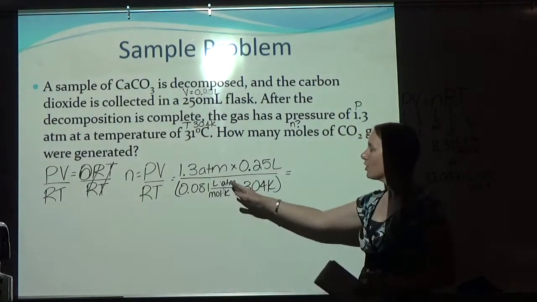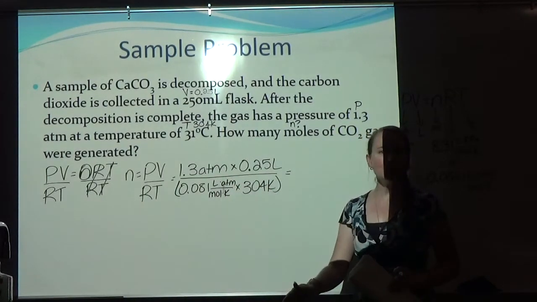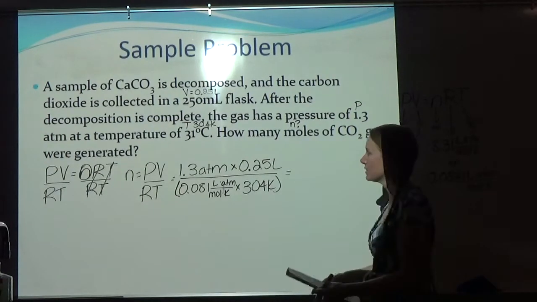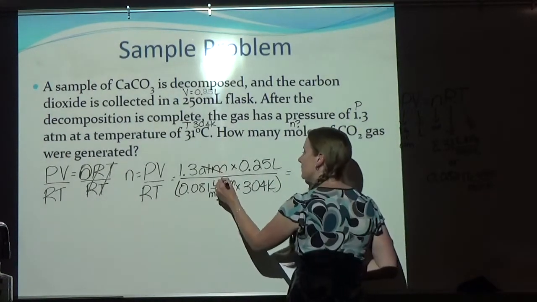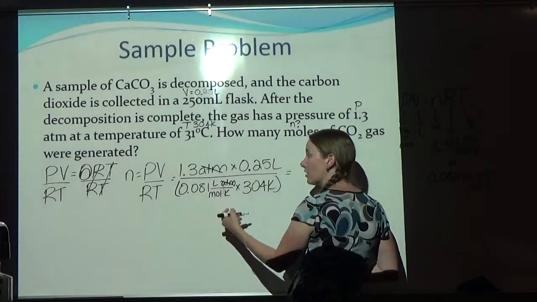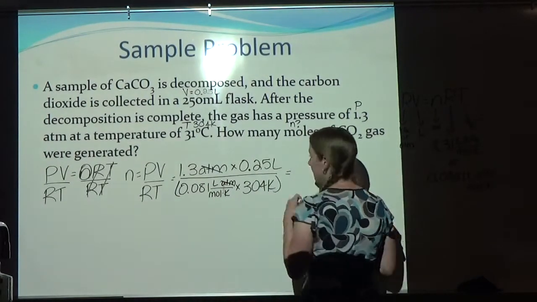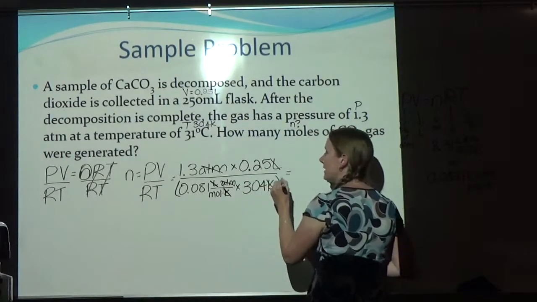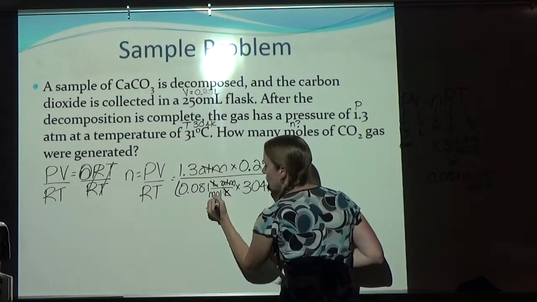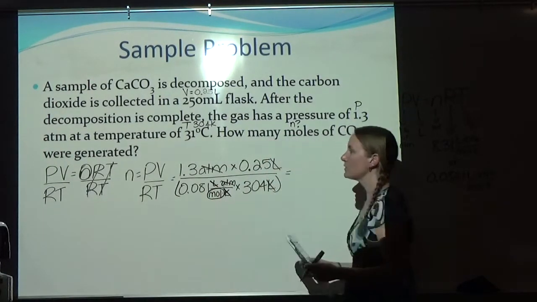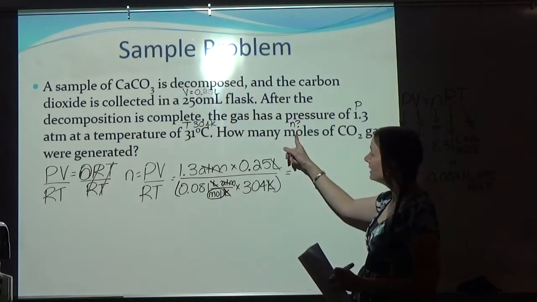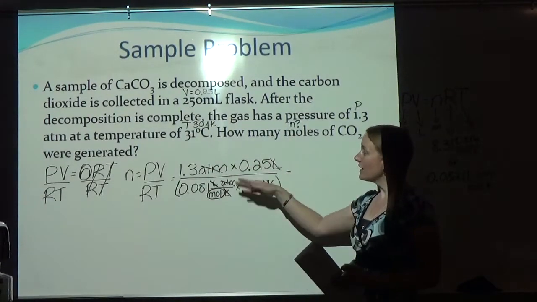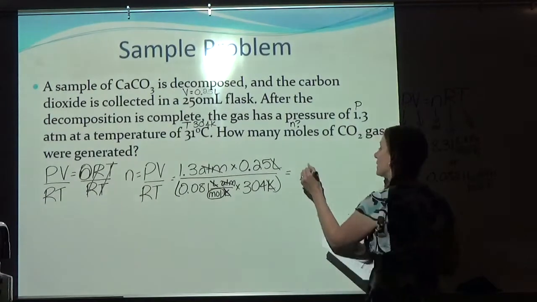So the reason that R has all of these units is just so most of them cancel. I can see that ATM cancels, that's why I picked this R value instead of the one with kPa. I can see my liters cancel, and I can see that my Kelvin cancels. After all that, I'm left with moles, which is exactly what I wanted. I wanted number of moles. So I'll multiply the top, divide by the bottom, and when I do that, I get